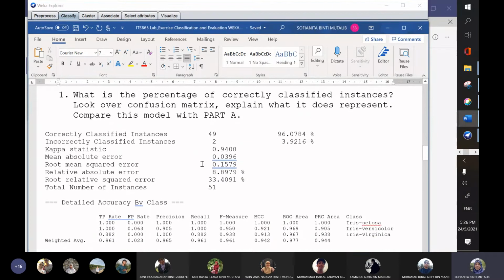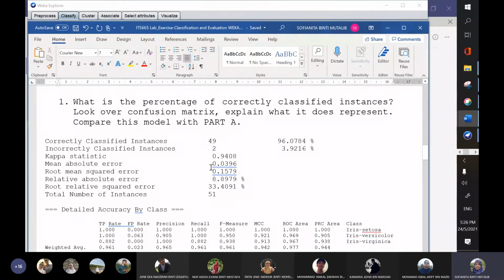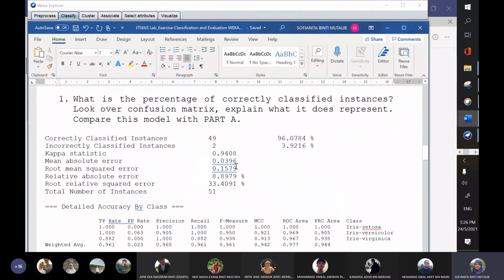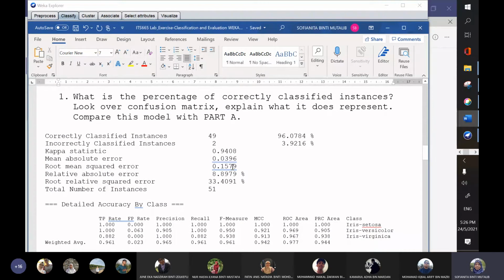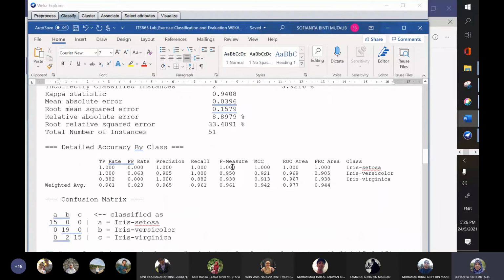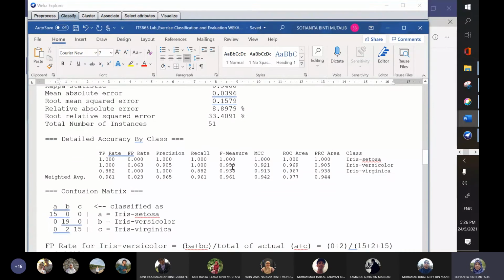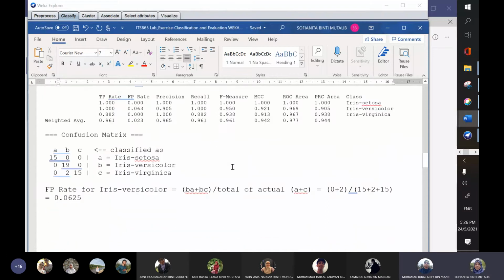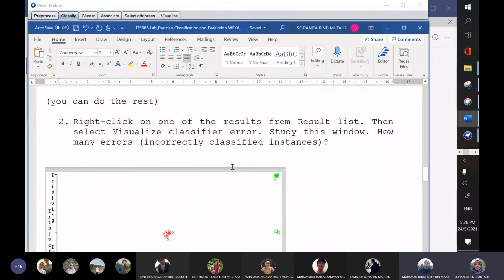Okay, before that, let's have a look at another piece of information that was asked. Any question from the questions? Ataupun ada apa-apa yang you need clarification? Ini okay, faham. Faham. Okay, this one pun okay, repetition.